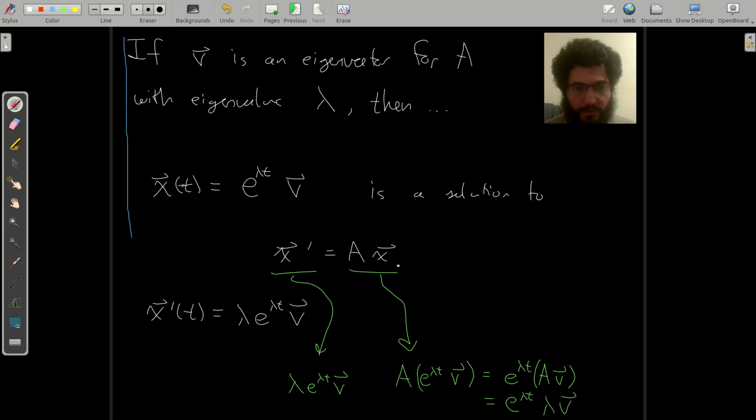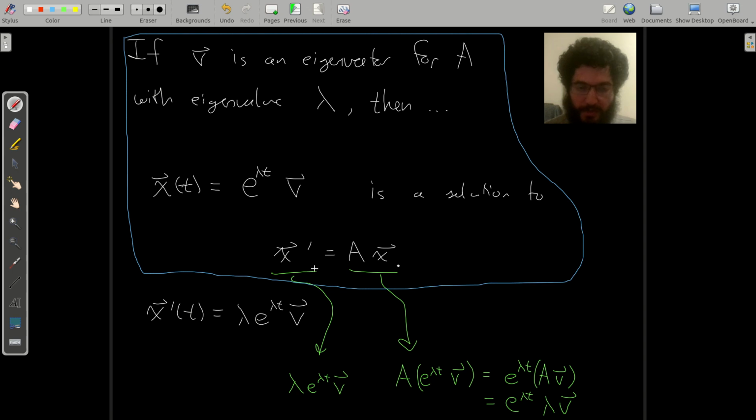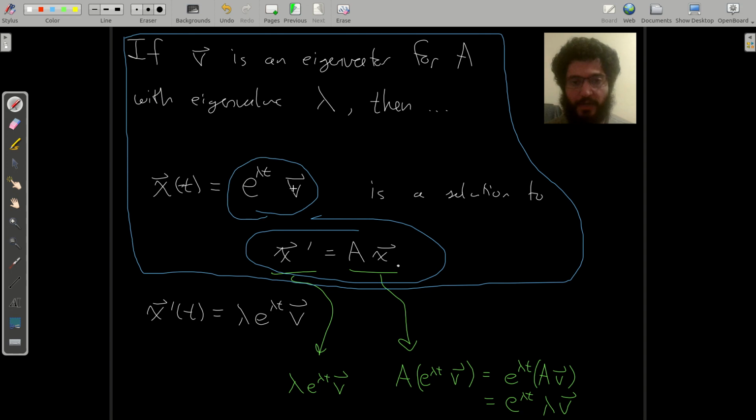So this is how we get our two linearly independent solutions. If we can do it, this is how it'll be done: by solving the eigenvalue problem for A. So, okay, this is kind of written backwards. Usually you start here, right? You don't start with just a random matrix A, but you start here. You have your differential equation. Then, to get two linearly independent solutions, solve the eigenvalue problem for A. Then you get a collection of eigenvectors and eigenvalues. And then, by constructing these functions of t out of your eigenvectors and eigenvalues, you would be constructing solutions to